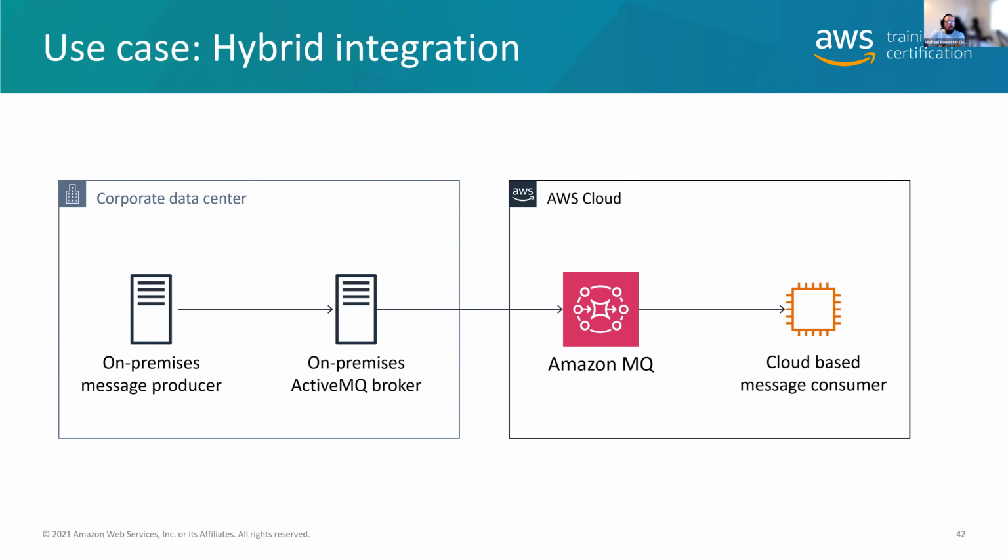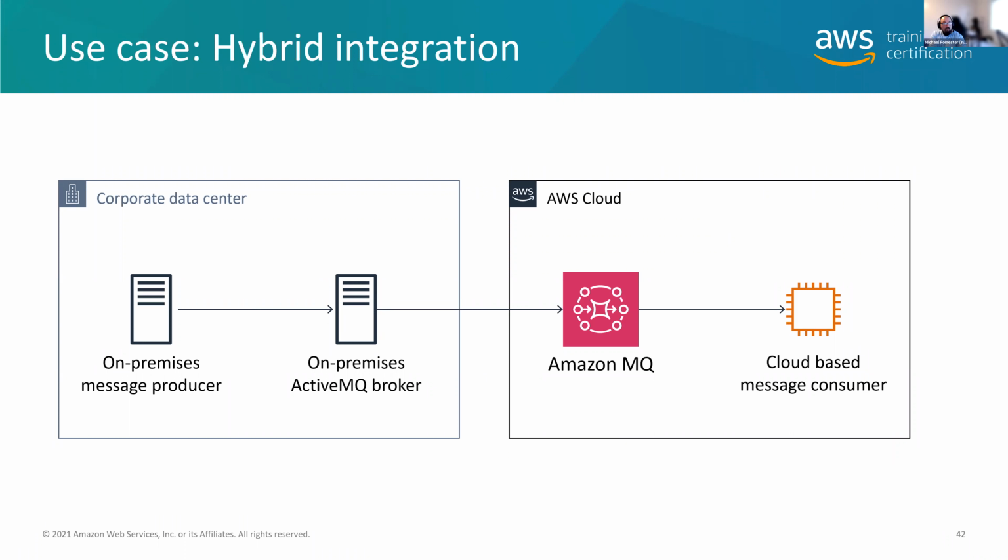Some people will use an on-premise message producer with an on-premise MQ broker, which then replicates the messages over to Amazon MQ, or sends the messages over to MQ to be processed by a cloud-based consumer. People have done it in different ways, where they route it all the way through, or they try to duplicate the messages. Obviously, for most queues, you're trying to avoid duplication. So anyway,